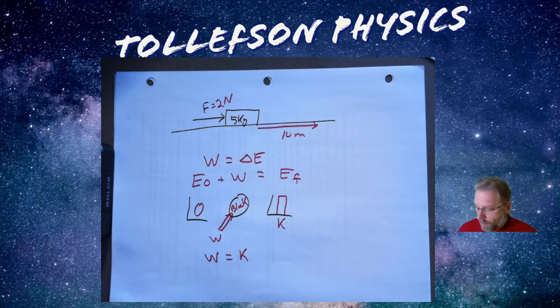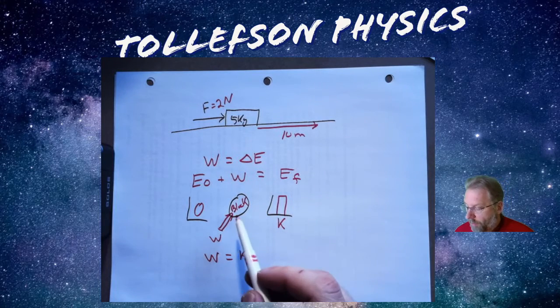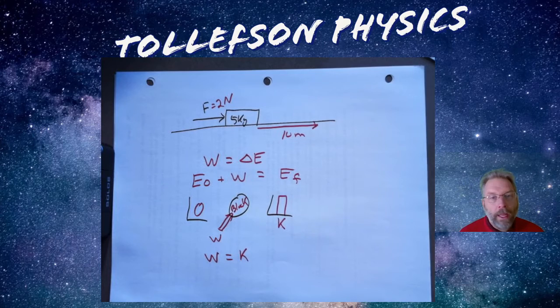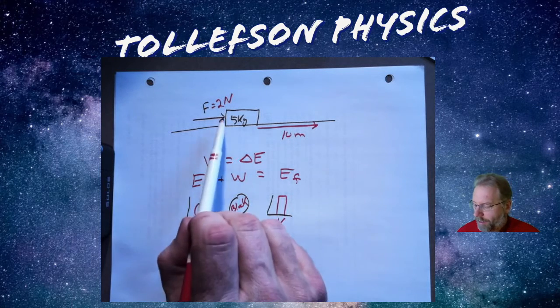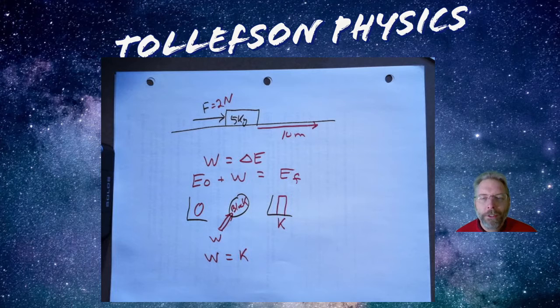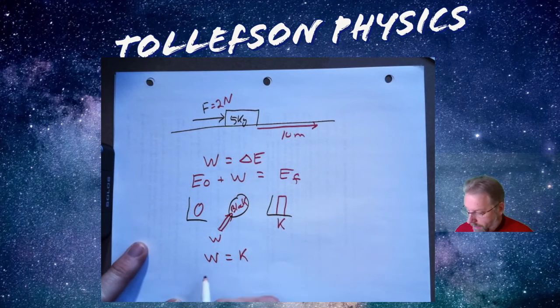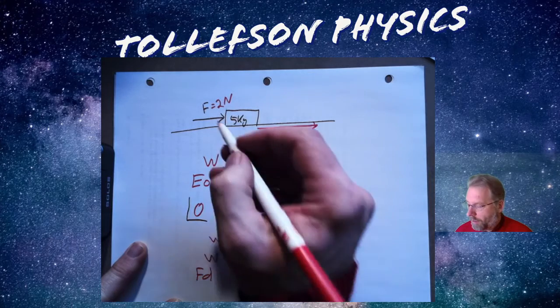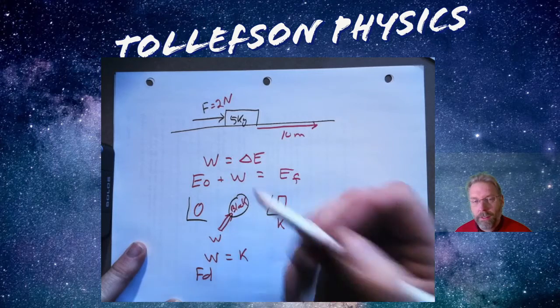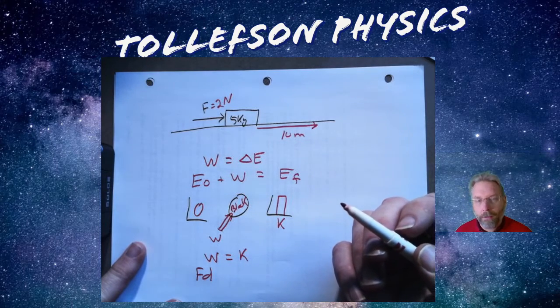So work is that transfer of energy from, say, my hand. The hand is not part of the system, and I really don't know much about my hand. I don't know the chemical energy behind what my hand's doing or anything like that. But I could use a force gauge to figure out what force I'm pushing with. Another way to calculate work is force times the distance. And look at this, I have the force and I have the distance, so I'm going to be able to do that in this particular case.